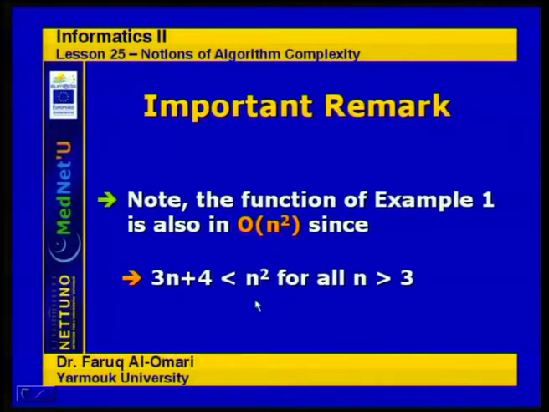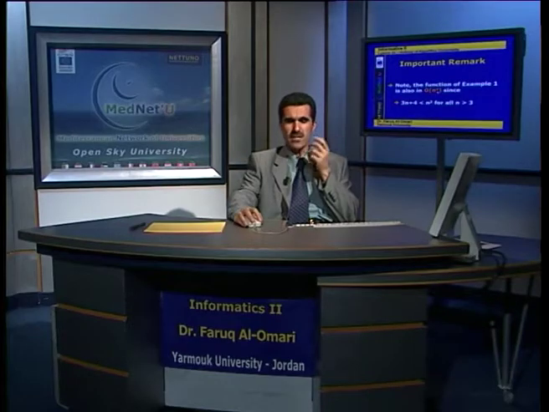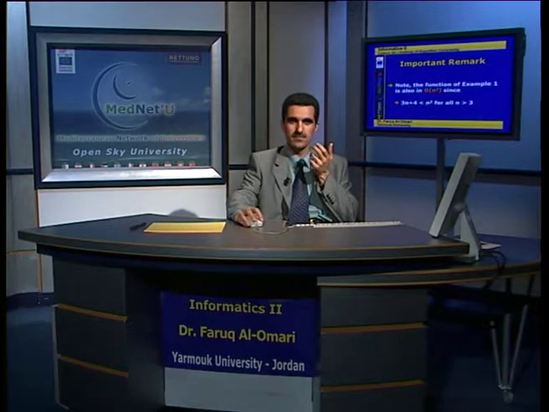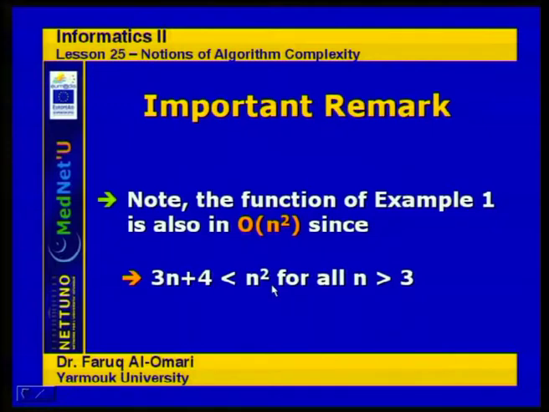So this is like a ceiling, like an upper bound for all n greater than 3. So for n greater than 3, this is the ceiling, and the behavior of this is in the order of n squared. Is that true? Yes, it's true. This is a fact. This is the upper bound, and according to the definition we just introduced a few slides ago,